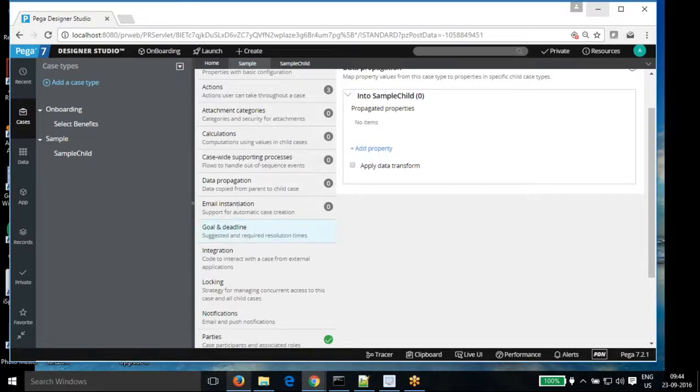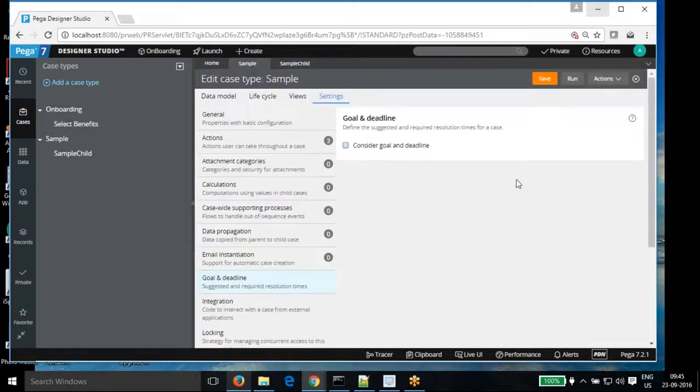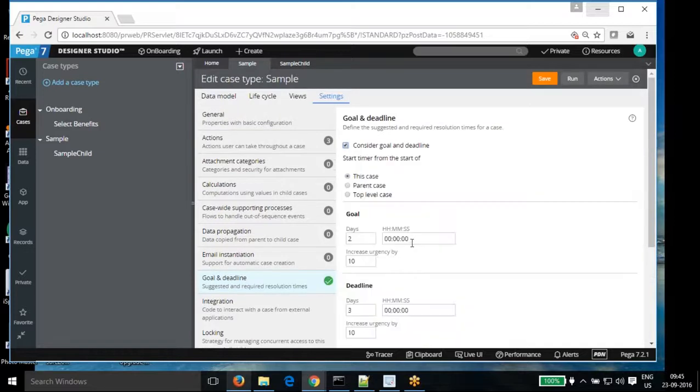What do we mean by goal and deadline? This is part of the SLA rule, just for information. If you are defining a task, that task should have a deadline by which it can be finished, how much time it should take. The optimum time is the goal time.